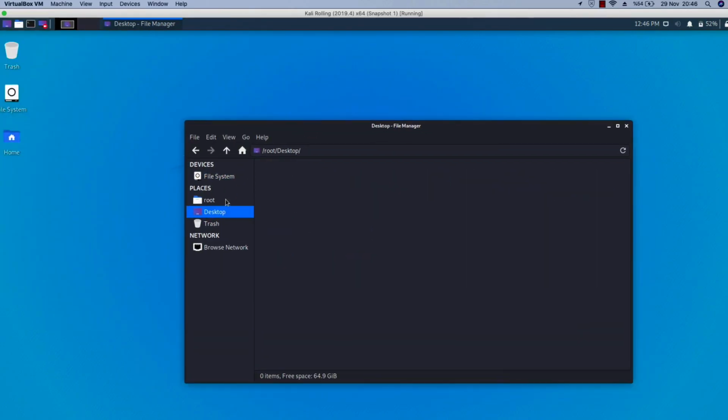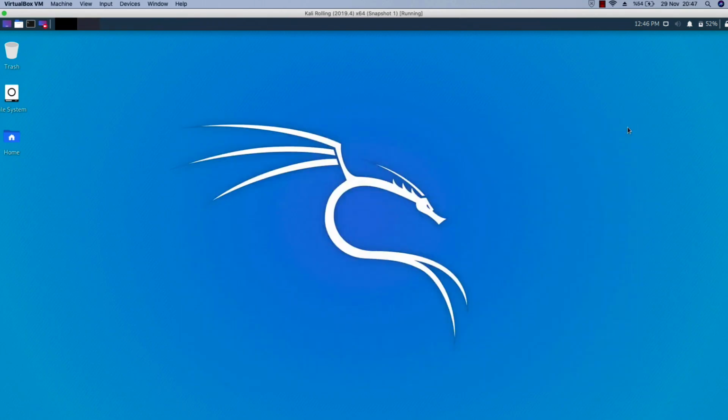Let me go to root and documents one more time. Here you go. As you can see, I don't have the test2 folder, so this is working just fine. If I want to go back to snapshot 2 right now, I can do that as well. I can just go to VirtualBox and click on restore on the snapshot 2. It will bring me forward in time, and I can revert back anytime I want. This is the power of the snapshots. So we're going to stop here, and we're going to continue